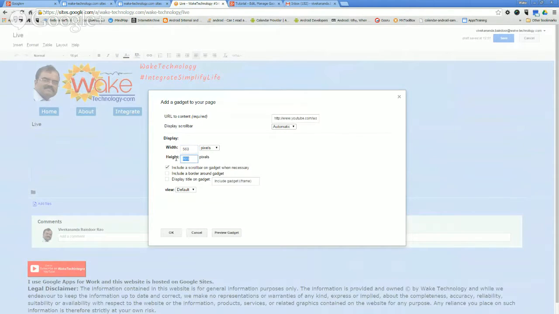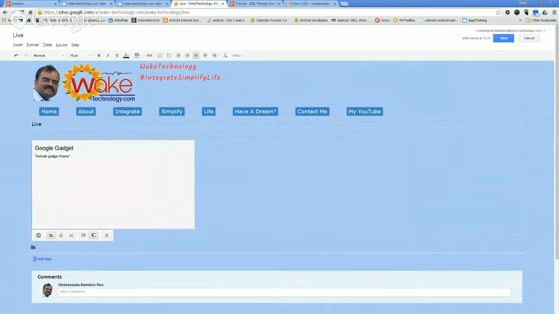Okay, now please explain again, Vivek, why you are using the YouTube URL versus the embed code. That's because the embed code already includes what this gadget already put. So it would put it twice, which will not work. So I just need the YouTube URL and plug it in here. So now if I say save,